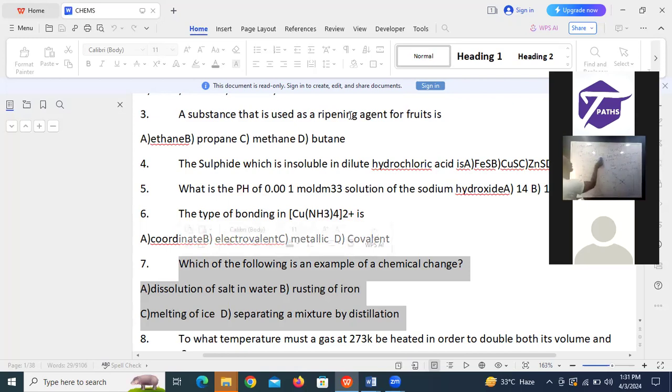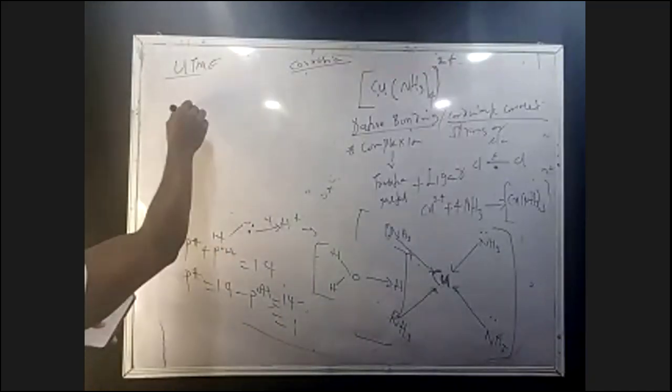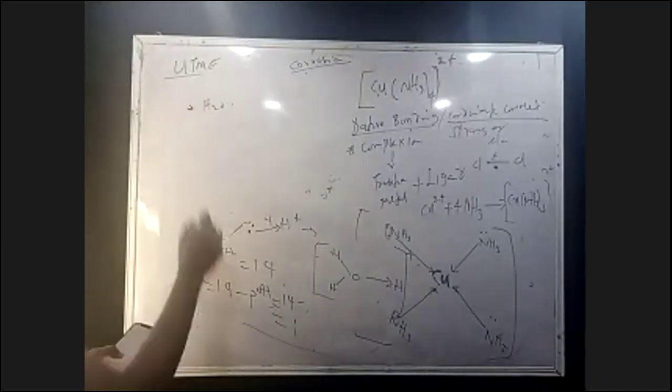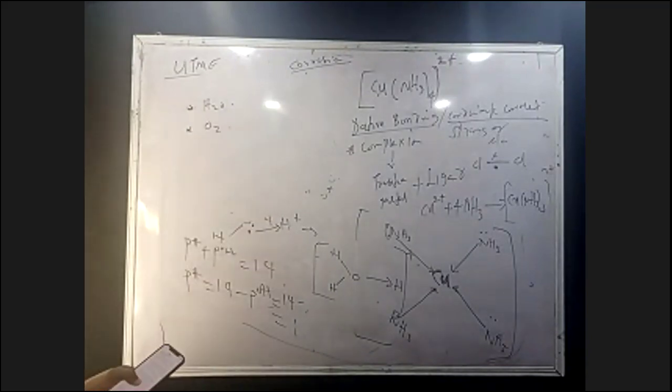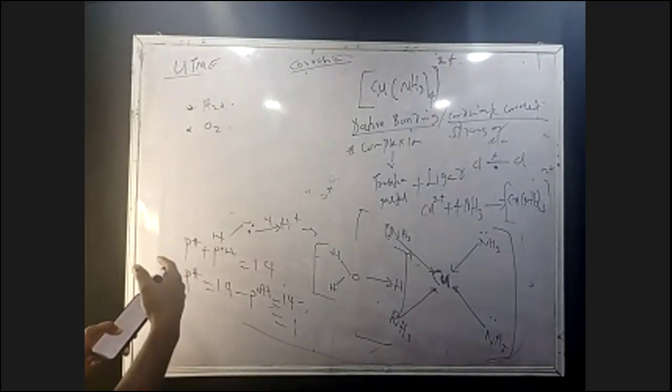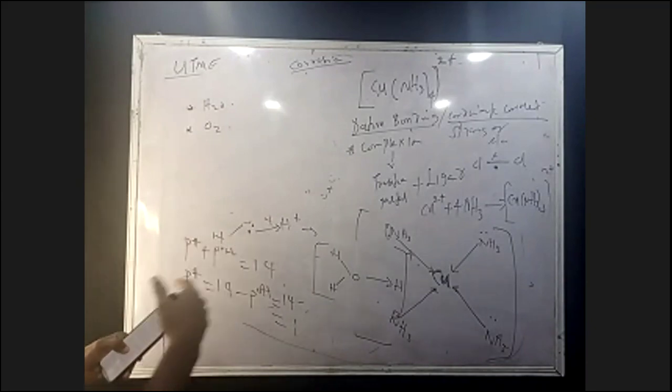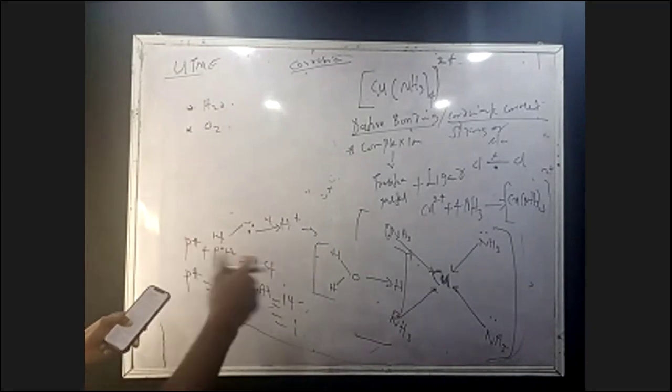Please take note. For corrosion to take place, you can see this question in JAMB. In fact, it's coming out. You're going to see it. For corrosion to take place, two things are necessary. The first is water, or water vapor. And then the second is what? Oxygen. So most times, when you see an iron rod being coated or plated, or coated with paint or something,